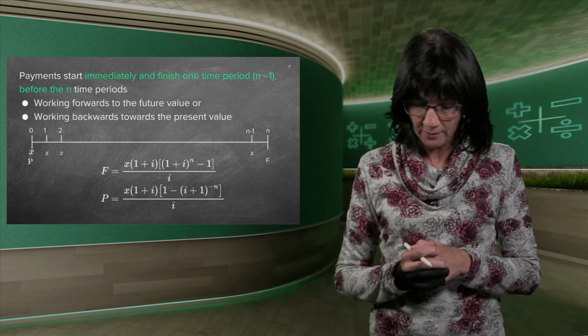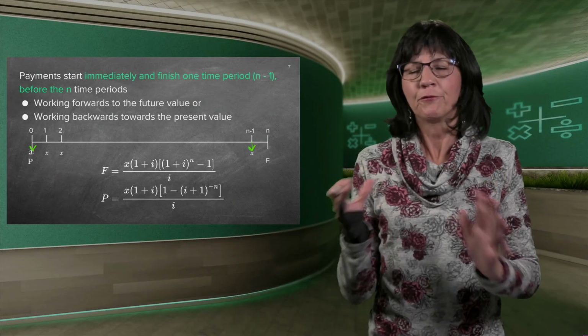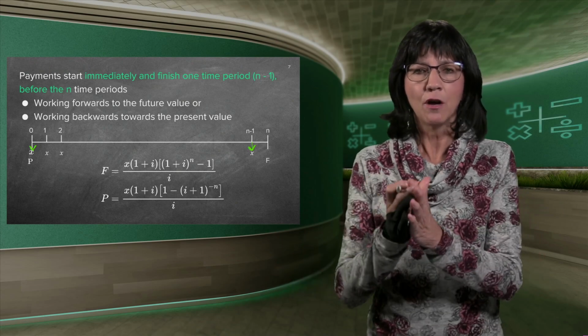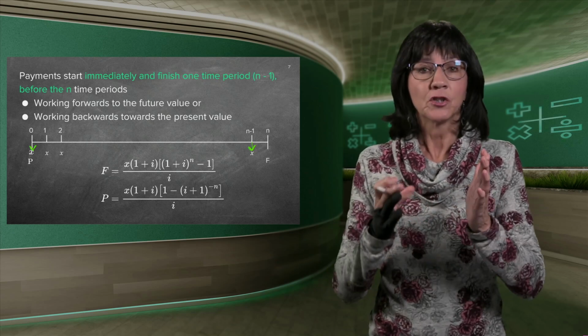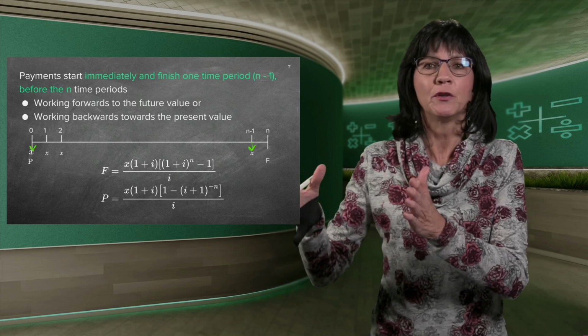Good. And then the last one. If the payments start immediately and they end 1 month before they're supposed to end. Now, if you think carefully, let's say it is 4 years. Times 12 is 48 months. So overall, you are doing the investment or the loan over 48 months. It's supposed to start at the end of 1 month. It's supposed to end at the very end, and that will give you the 48.